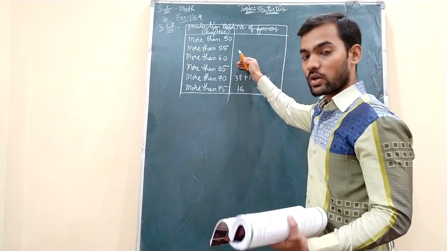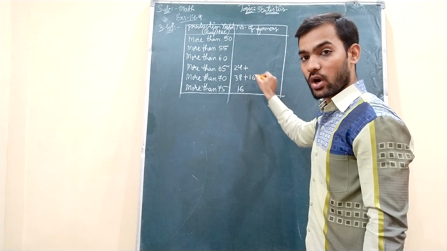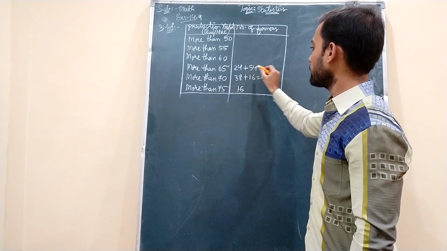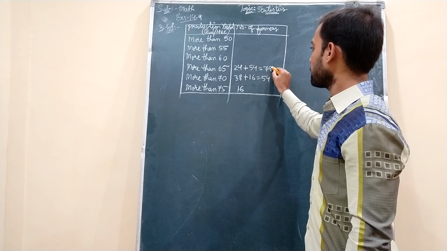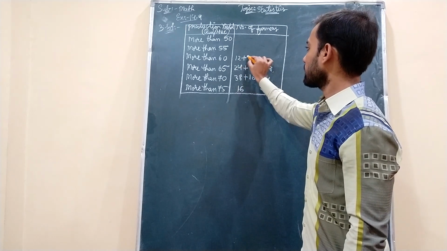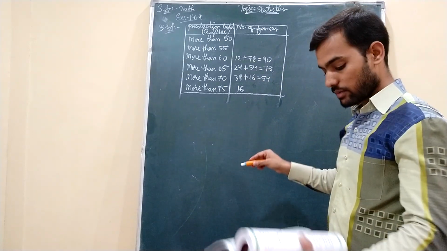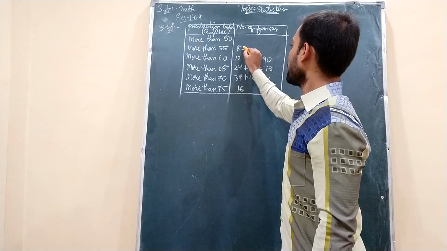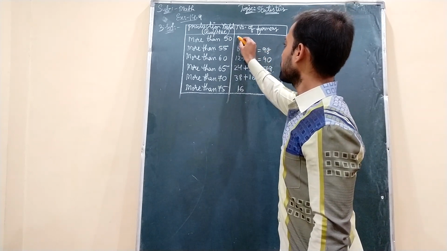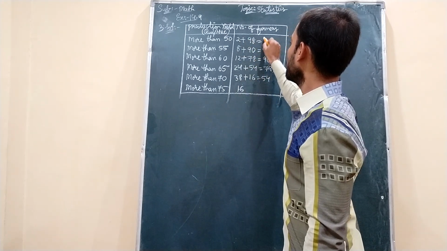Then prior to this one, we write the frequency 24 plus the answer that you got below. You got 54, that we add over here. So 24 plus 54 will be 78. Then for more than 60, 12 is given. So 12 plus this answer 78, you will get 90. Then before that 8 is given, so 8 plus this answer 90 is 98. Then the last one, 2 plus this answer 98 equals 100.